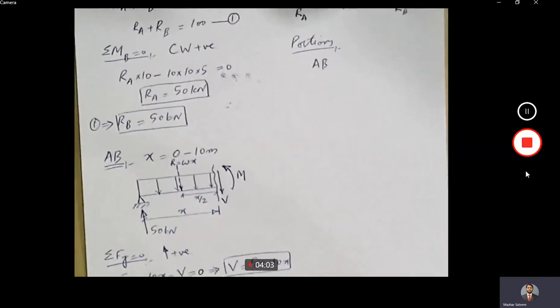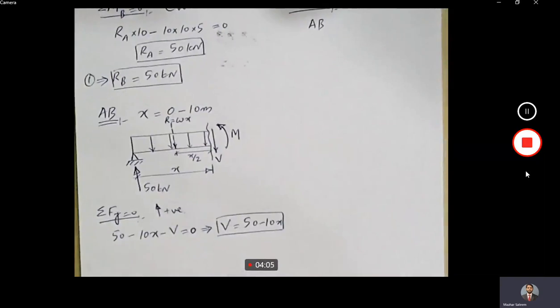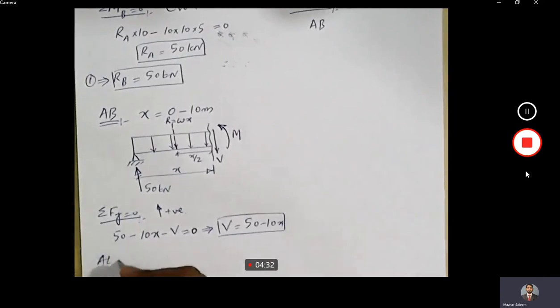Now, unlike the previous problems where we had just a point load acting on the beam and the shear force was constant, in this problem we have a UDL and the shear force is also varying along the length of the member. How do we know that? We know by looking at the expression of V. In this expression we have X. X is the distance. So it means that as the distance is changing, the shear force is also changing in the member. So we will say at A,